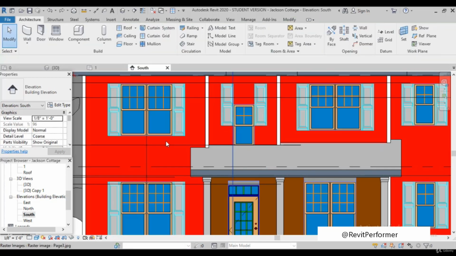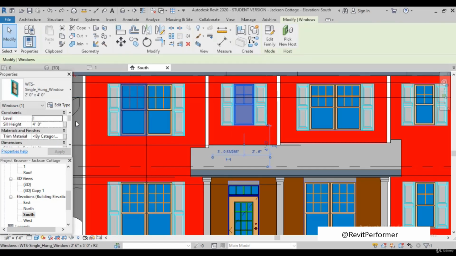So what happens? It will automatically go back in place. So suppose how you will change that. Suppose select any of these options. Suppose this window, I select this window. And again, we can see their properties, and in these properties the sill is 4 feet 0 inch. I'll put it here like 2 feet,